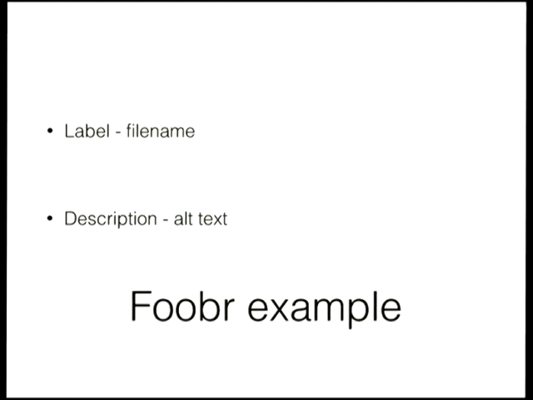Okay, so I just want to go back to my original assumptions. And this one is that I assume that the label contains the file name and description contains the alt text. Now what happened was, at this point, I spent 20 minutes just going through things and being all confused. And then I did what, if I weren't making a presentation, I would have done in the first place, right? Turn to Google, search the web. So what happens is, it turns out that this label, this thing that contained the file name, this thing that I just ignored,